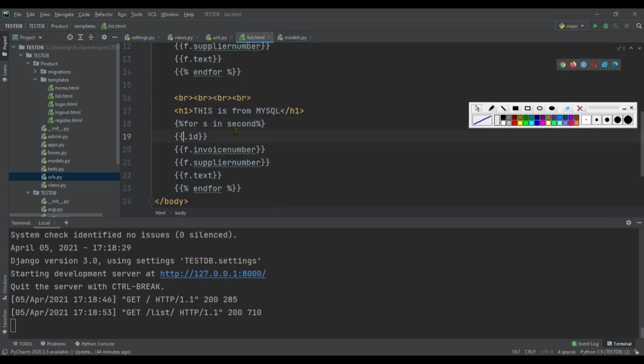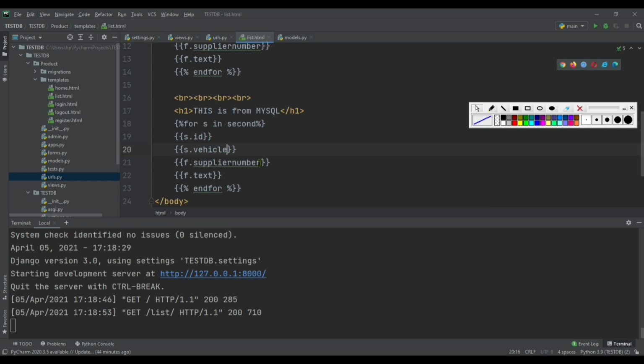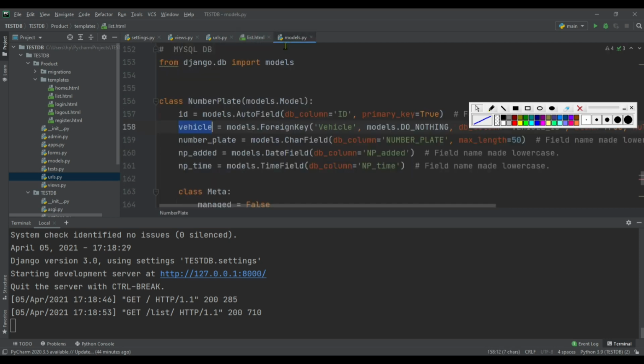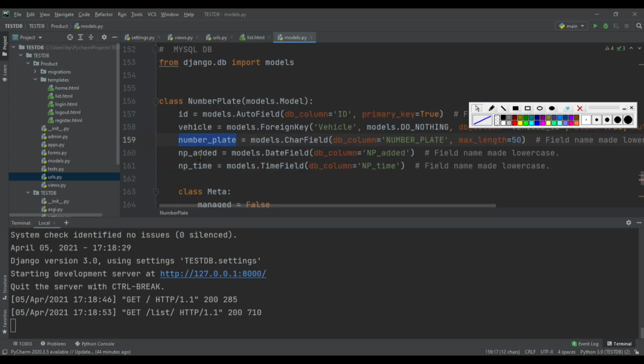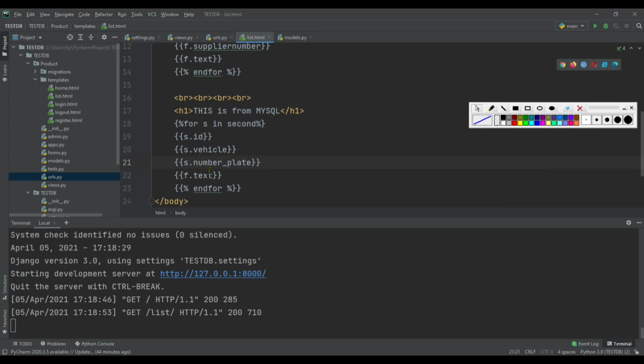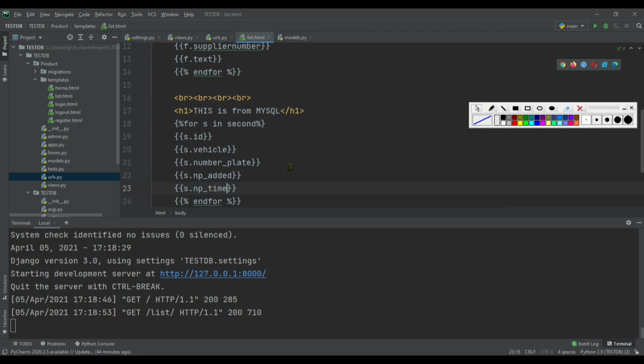So s.id, s.vehicle, s.number plate, s.number plate added, s.number plate type.